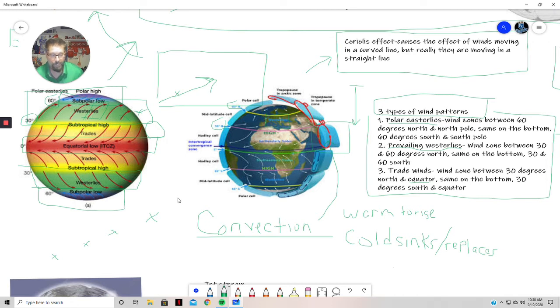So that's the prevailing westerlies. That's our winds. And then the trade winds. In your social studies classes, you've hopefully heard that phrase, trade winds, because these are the winds that in the early days, the 1400s, 1500s, 1600s, got people from continent to continent on those big sailboats, like the famous Christopher Columbus story, which isn't as accurate as